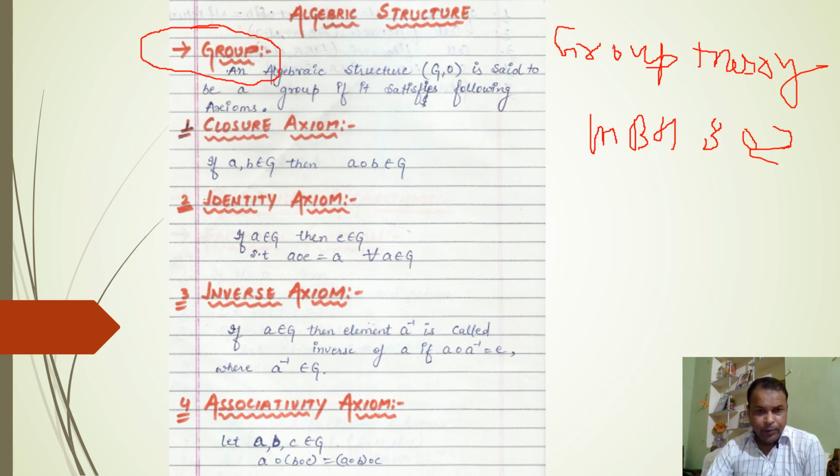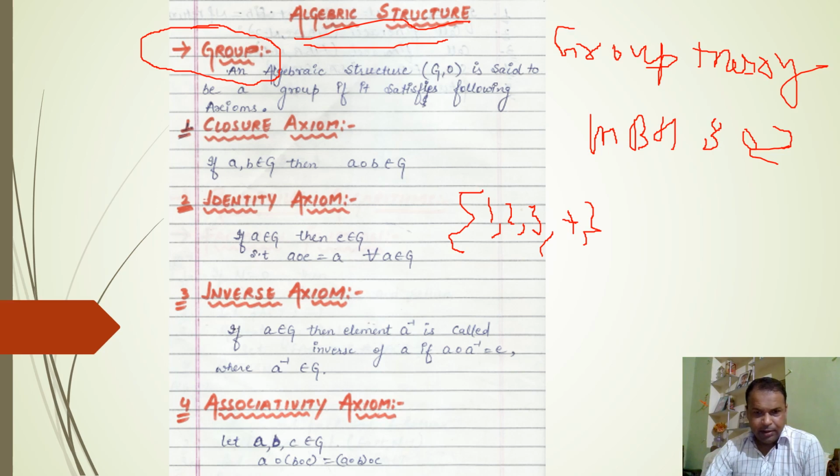Before studying about the group, we will understand an algebraic structure. First, we will understand what an algebraic structure is. A set of some elements, suppose we have three elements, 1, 2 and 3, and an algebraic operator. Here we are taking, suppose, the algebraic operator plus. We can choose any other operator or it can be given in your problem.